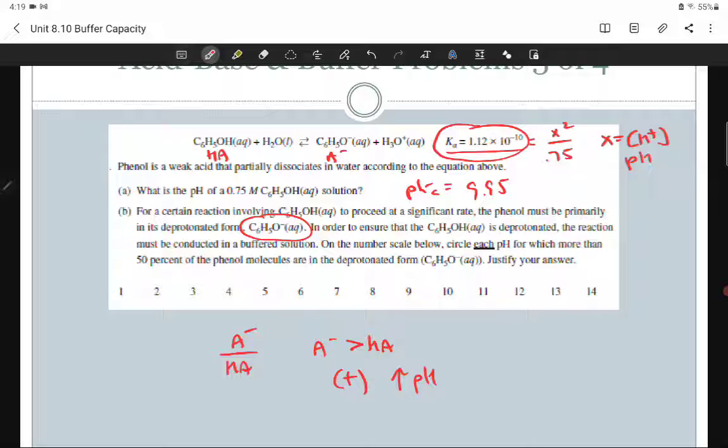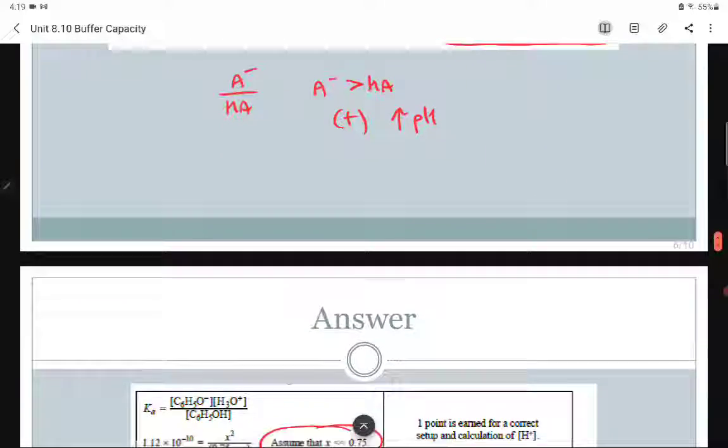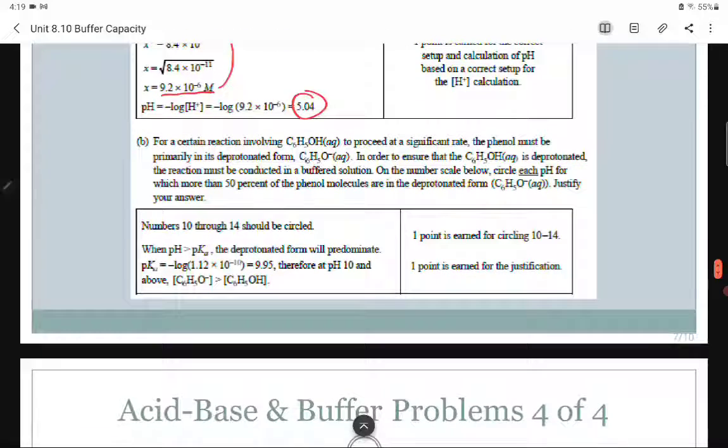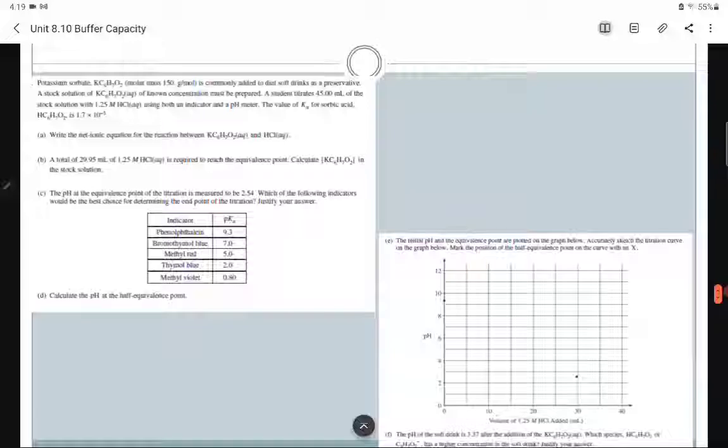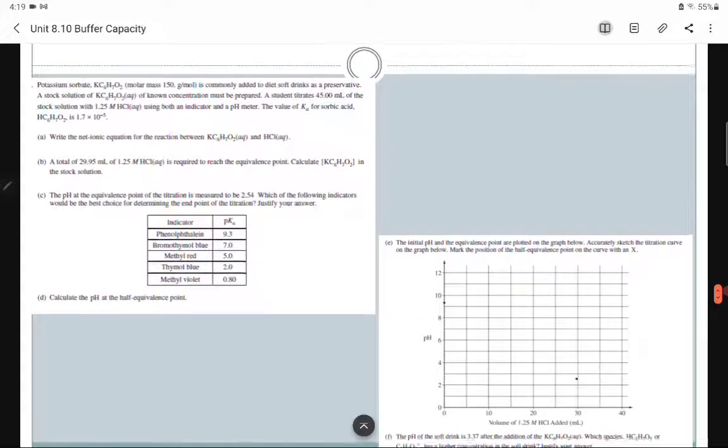So we're looking for anything going to be above that number. So I guess all those would be okay. 10 is barely over 9.95, but it's over 9.95. Can double check those answers. Yep, that's good. And our last question,